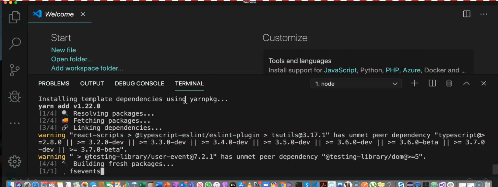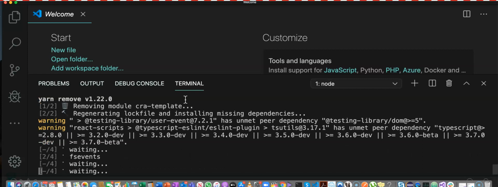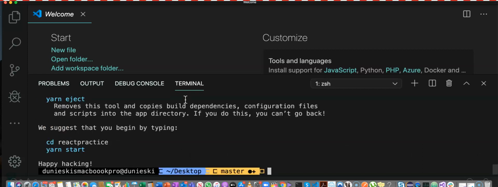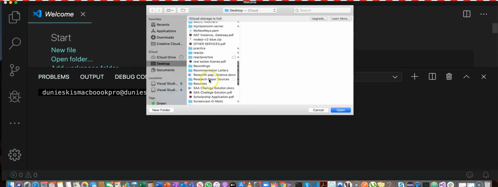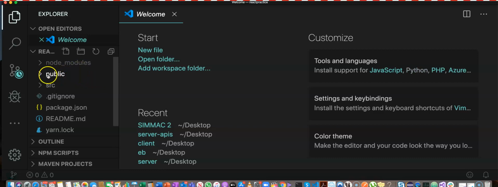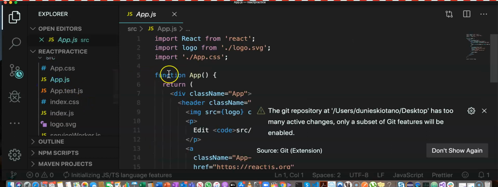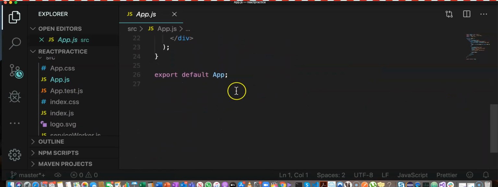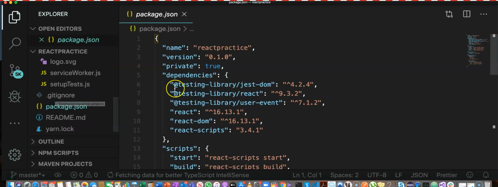For this program, we are using VS Code. That's the IDE that mostly all programmers use for creating React apps. All right, so I'm going to clear this screen here. So now what I have to do is open the folder that I created on my desktop. I'm going to go where it says React Practice and open that. All right, so when I create this application, it creates this folder for me where you have the App.js file. This is the one that shows when you run npm start, and it creates the package.json file